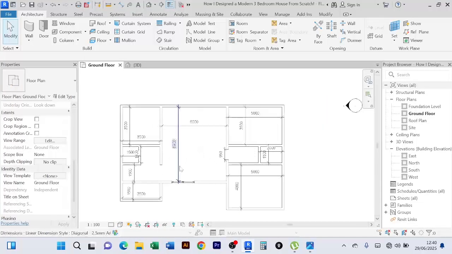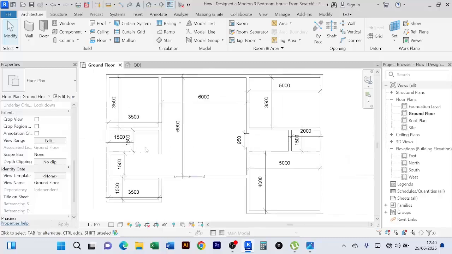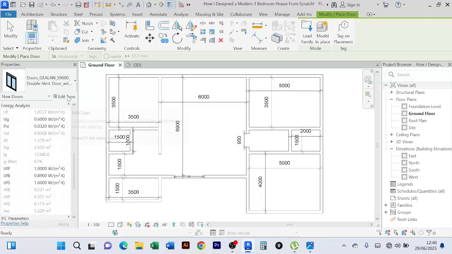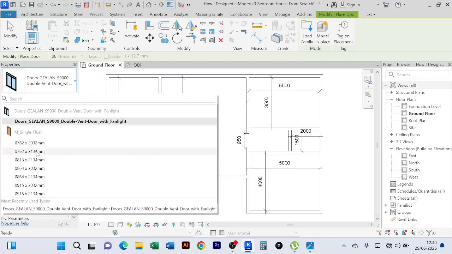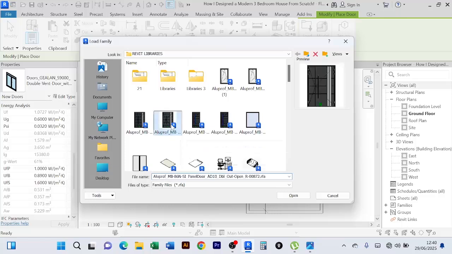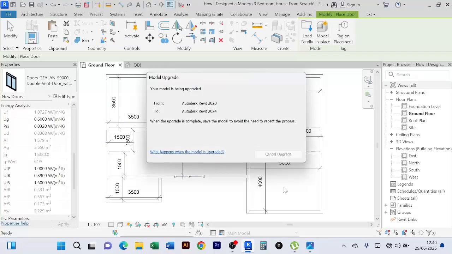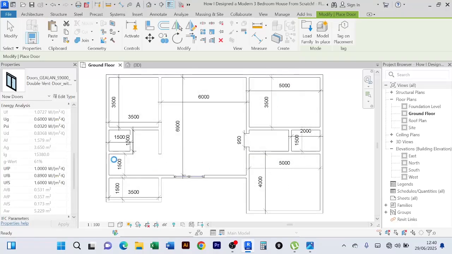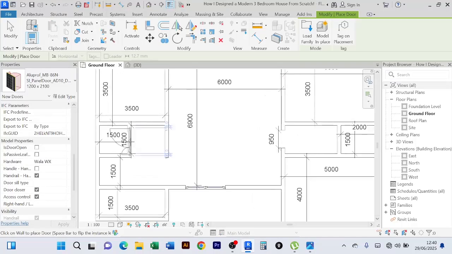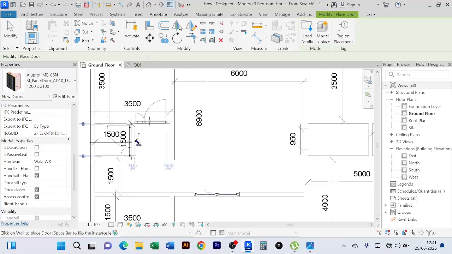Now we can place other doors. For example, now the exterior doors. Now for the exterior doors, we shall still go to architecture, then we click on door. If you still want to use these doors that Revit has given you, you can go ahead and use them. I'll continue to load mine from this load family. Then I'll choose the doors that I have already downloaded from BIMobject. So I'll click on any of these doors, especially this. I'll just say OK. Then I wait for them to load. Actually, these doors you can also model them. So from here I can just place my doors like that,